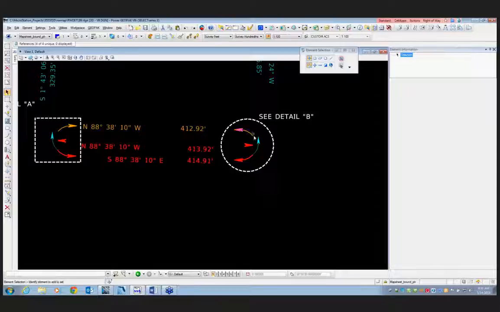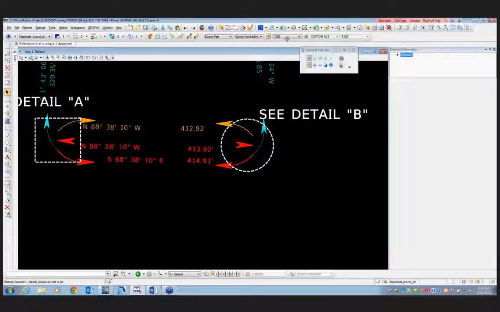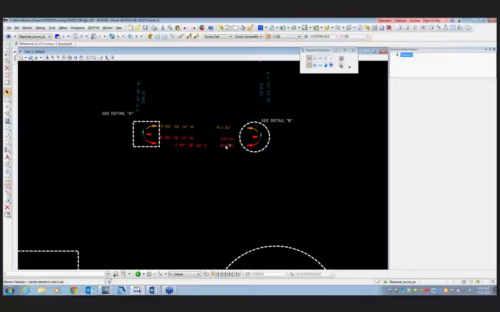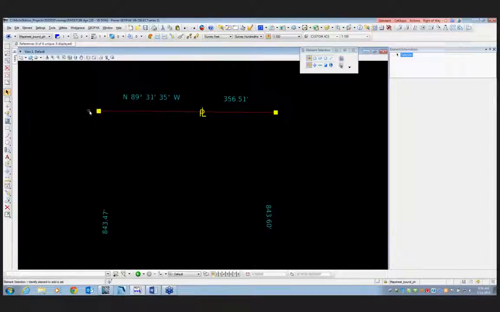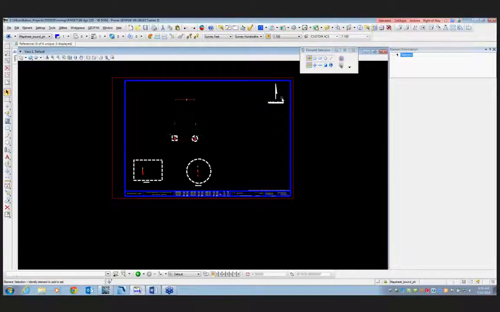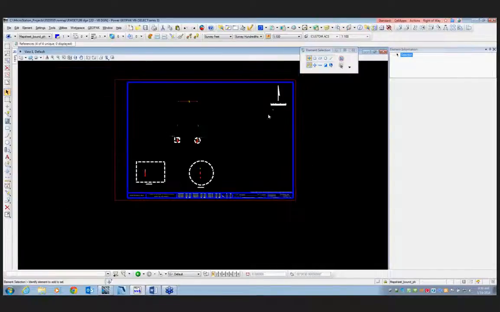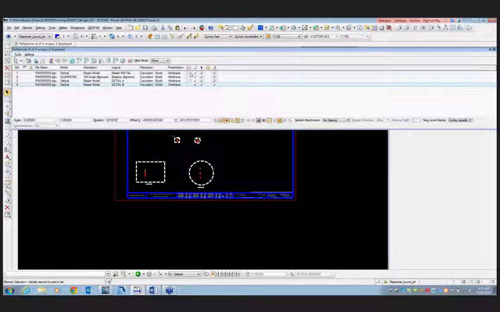Even though they will change if I actually would like them to, I could change these to 200 or whatever. I'm going to think in terms of this scale for this sheet. So all I have to do is put in my foreshortening in order to make this parcel fit on this sheet. My bar scale and my north arrow are not going to annotate. Turn the reference files back on